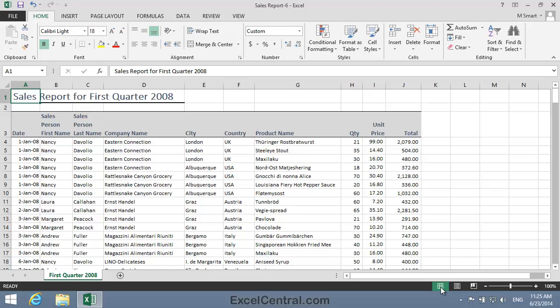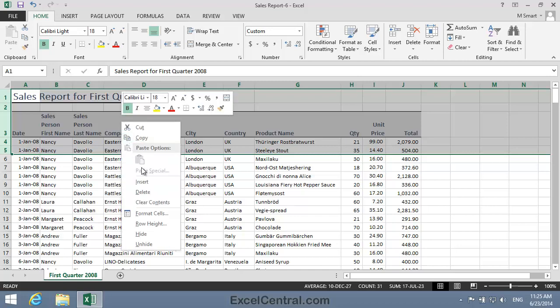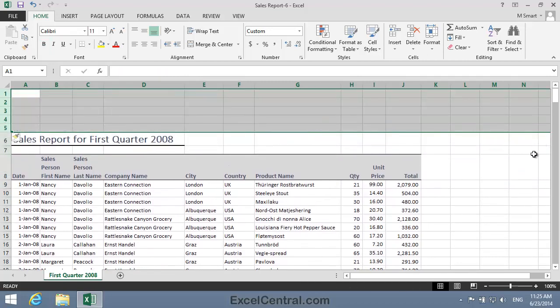So let's begin by making some space for the cover page by inserting 5 blank rows above row 1. You learnt how to do this in lesson 3.1. So I select 5 blank rows, right-click in the selected area, and then click Insert from the shortcut menu. This blank space will contain the information that will be printed on my cover page. So I want a page break after it. In other words, a horizontal page break above row 6. You learnt how to do this in lesson 7.5.